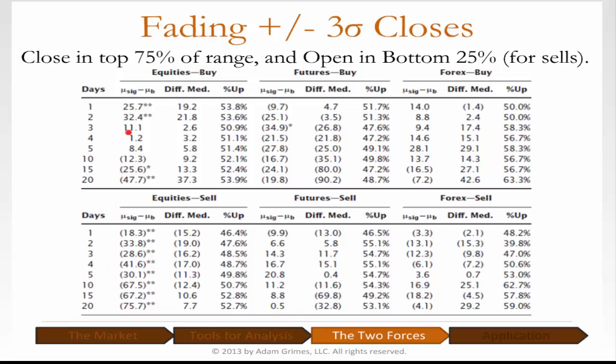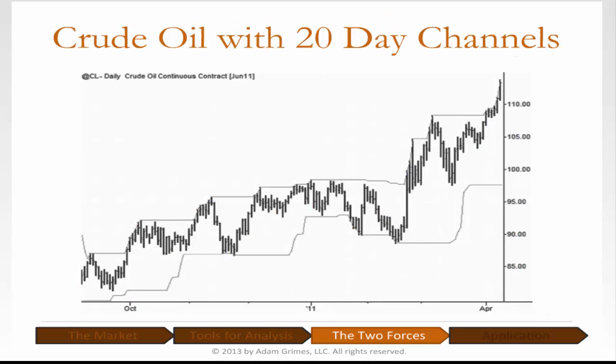But this is an example of a statistical edge in stocks. There is an edge to fading big moves in stocks. There is not, however, the same edge in futures nor in currencies. So here you see a very, very simple price tendency that shows a significantly different edge in stocks than in other assets. Here is a 20-day channel breakout.